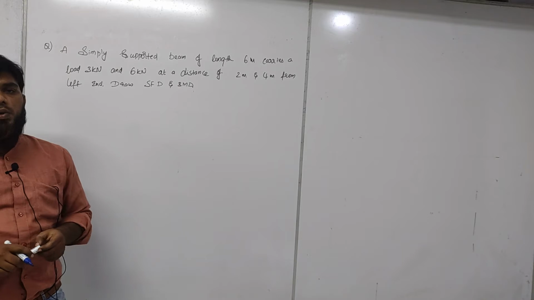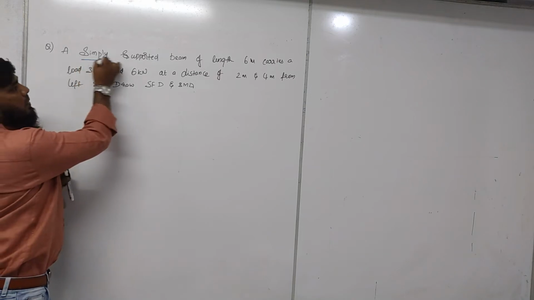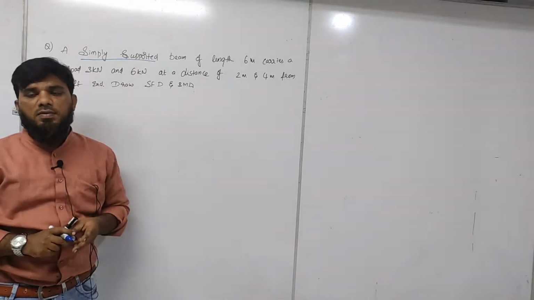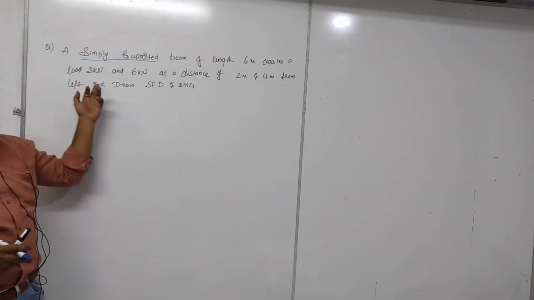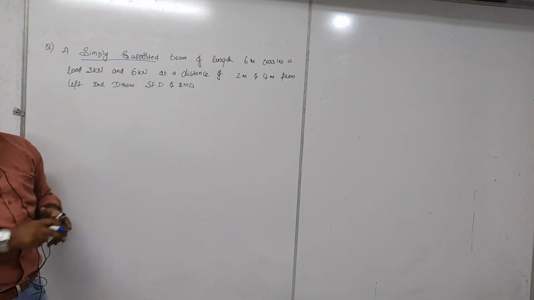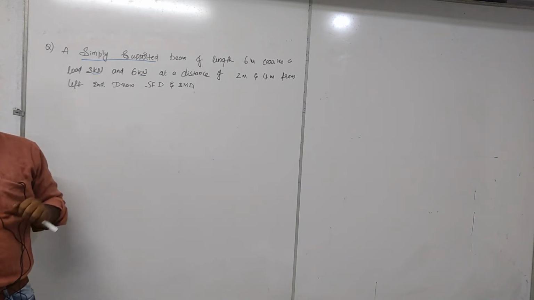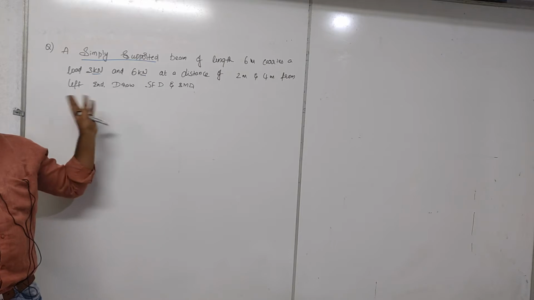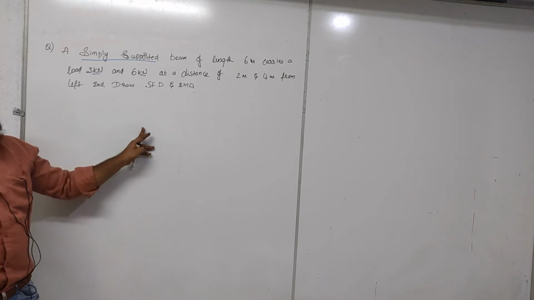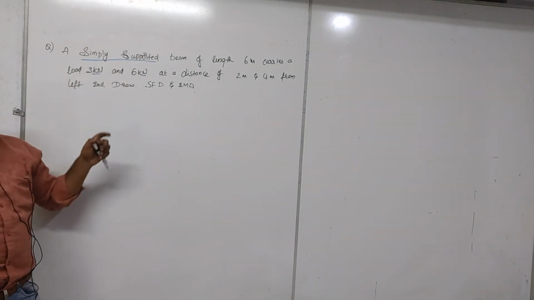So the next problem we are going to discuss in mechanics of materials is about a simply supported beam. The question is given as: a simply supported beam of length 6 meters carries loads of 3 kilonewton and 6 kilonewton. By seeing the units, we can understand these are point loads, not UDL or UVL. If it is a UDL or UVL, the load will be given as Newton per meter. Whenever they have given Newton, obviously it is a point load, at a distance of 2 meters and 4 meters from the left end. From the left end means from this side.